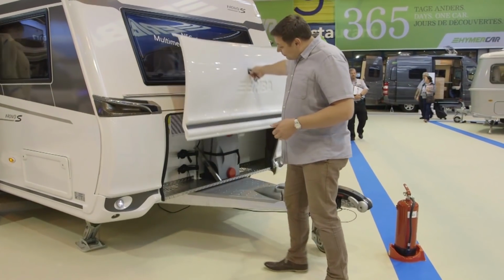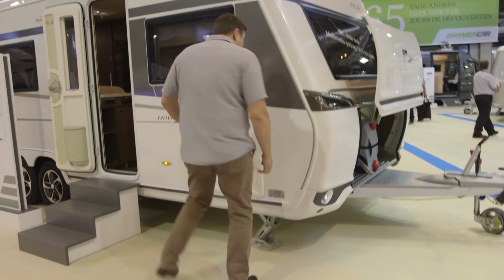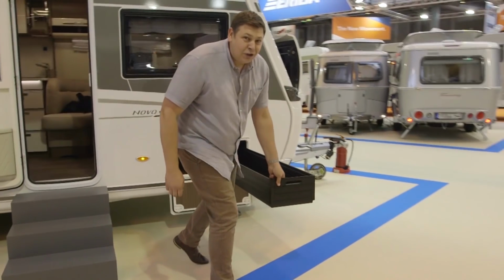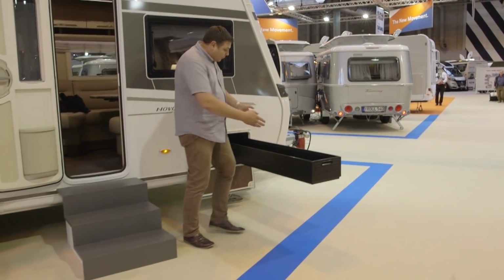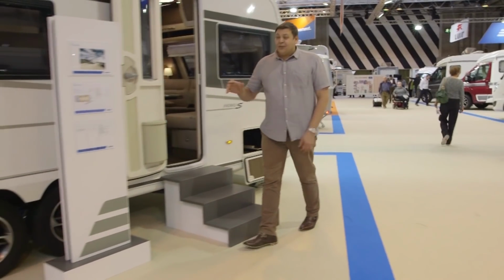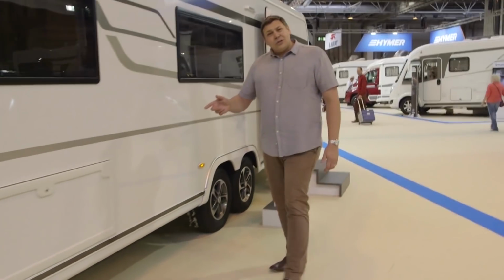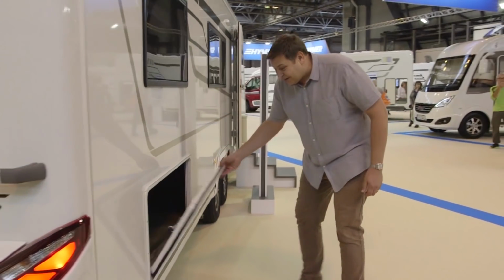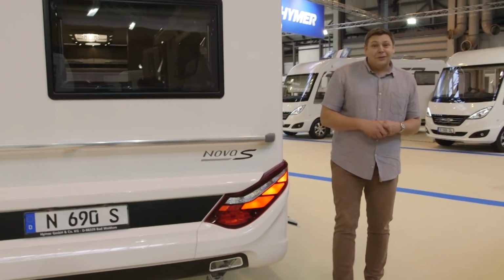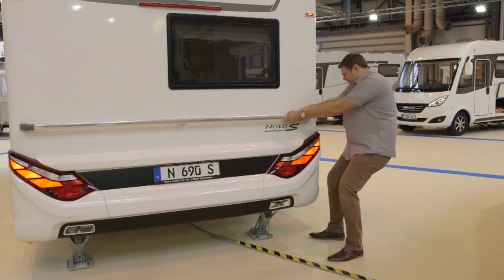Up front, there's a simply enormous gas locker. Moving round to the side, there's an external hatch, and inside it, a huge ski locker, so you can put your gear in and then slide it back in. As we move back down the van, which is nearly 9 meters long, so it's quite a walk, we've got just about the biggest external hatch I've ever seen. It's massive, completely clear space inside too. And at the back, thoughtfully, they've put a grab handle so you can help to move it in place